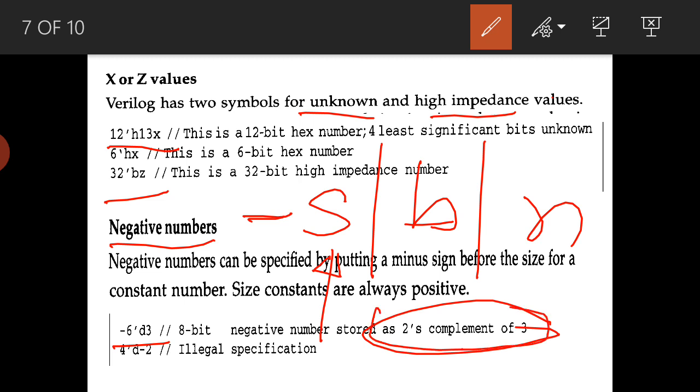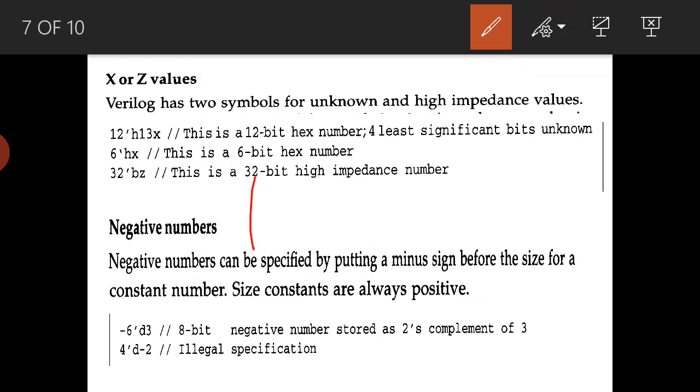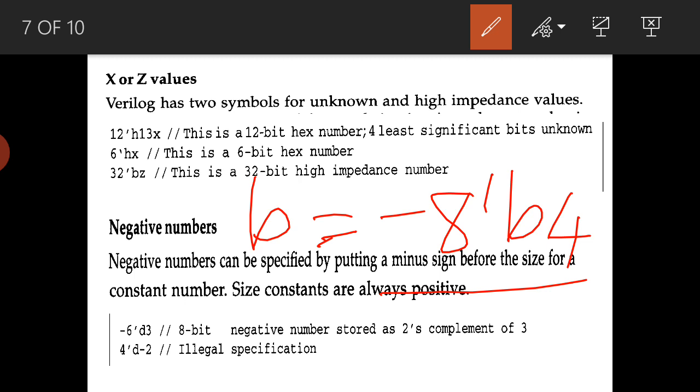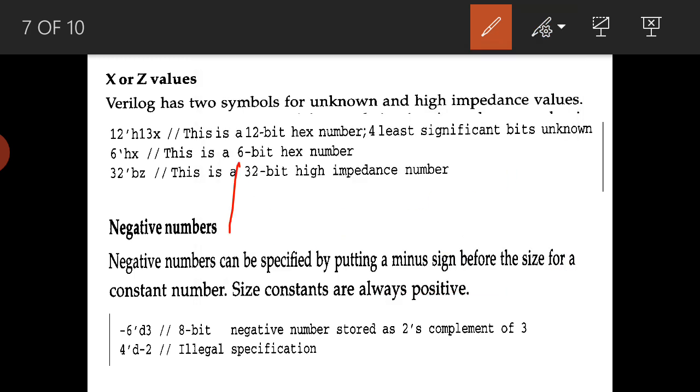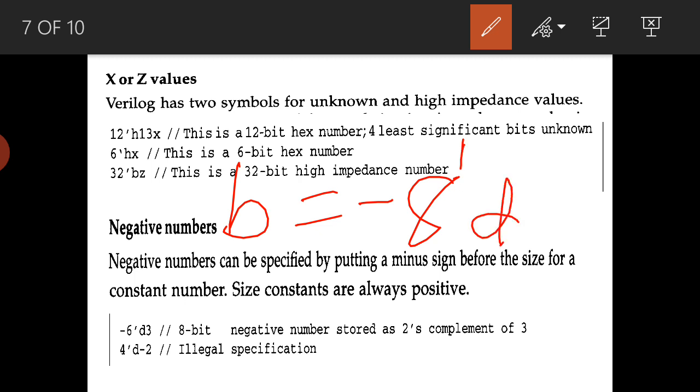While storing, the 2's complement of 3 will be stored in whatever variable we are assigning. For example, suppose b is equal to minus 8'd4. Sorry, b means binary, so in binary I need to give... so b is equal to minus 8'd4, where d means 4 is a decimal.